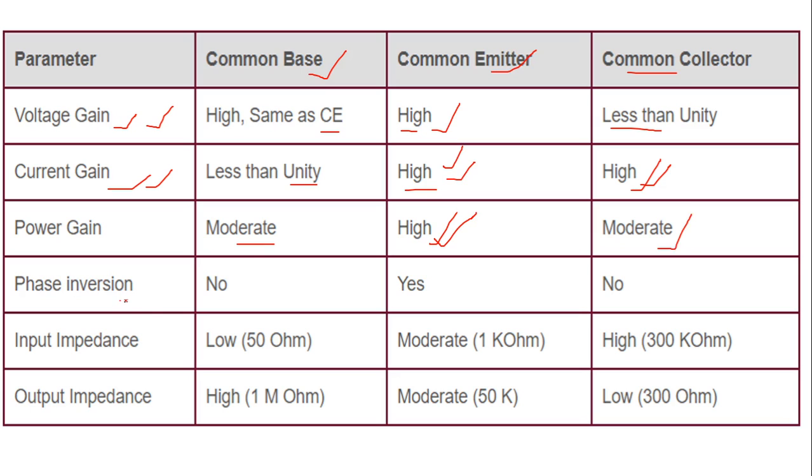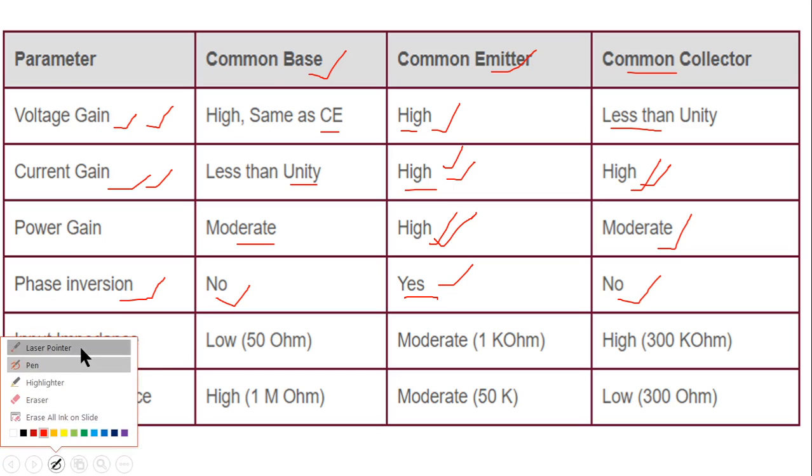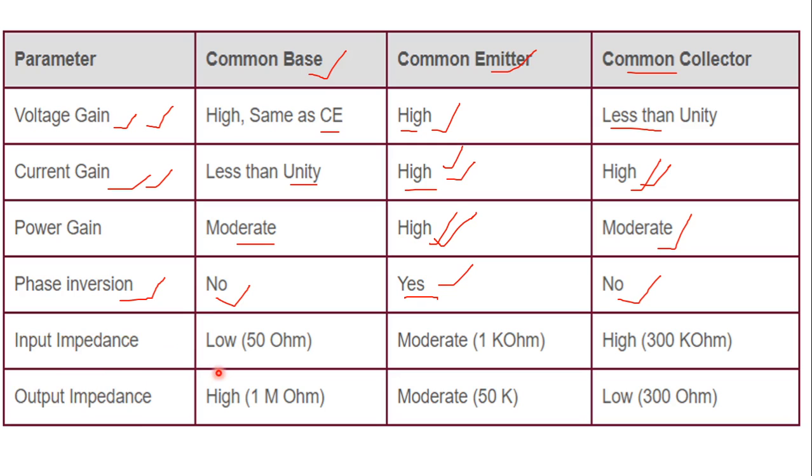It is moderate for the common collector configuration. Next, phase inversion, which is the phase change between the input and output signal. In common base there is no phase inversion. In common collector also there is no phase inversion, but there is a phase inversion of 180 degrees between output and input in the case of only common emitter. Then input impedance and output impedance. Input impedance for common base is low, around less than or equal to 50 ohm,